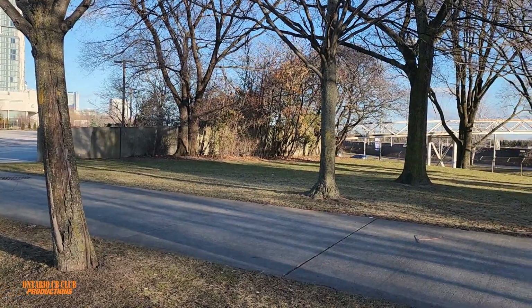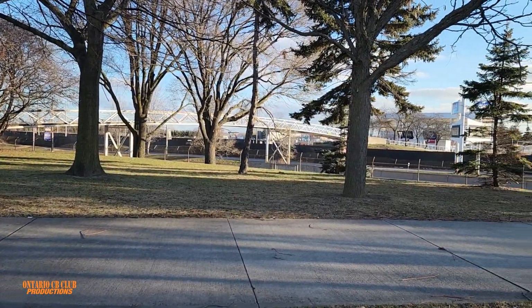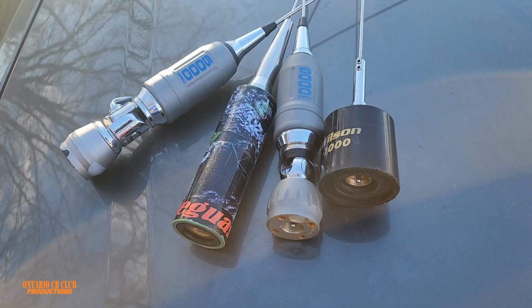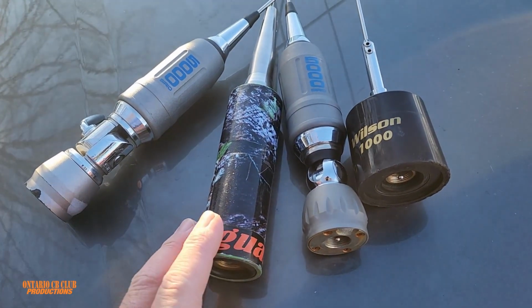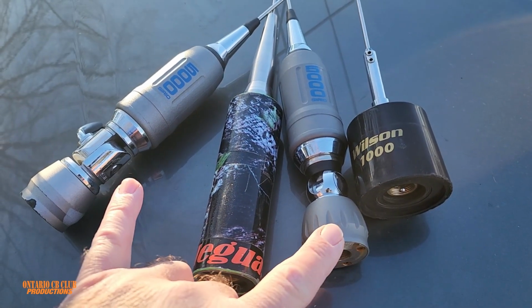And we're gonna do some antenna testing, guys. Mobile antenna testing, as the video is all about today. Let's take a look. All right, we have four, not one, not two, four mobile antennas that we want to try: the Wilson 1000, two Sirio antennas,